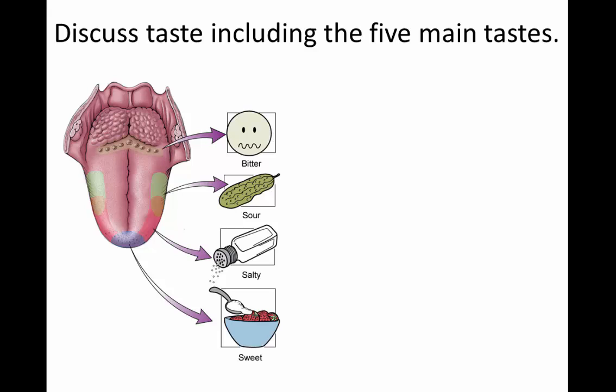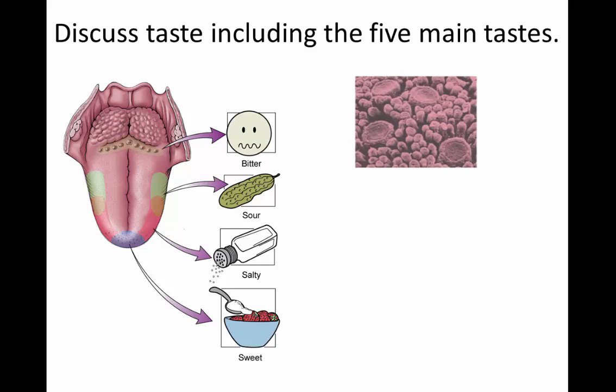A 5th type of taste is savory taste, and these are regions of the tongue that respond to savory flavors and have been shown through research to respond to monosodium glutamate, or MSG, that you may have heard of being an additive to food. If we were to take a closer look at the tongue in this region here, what